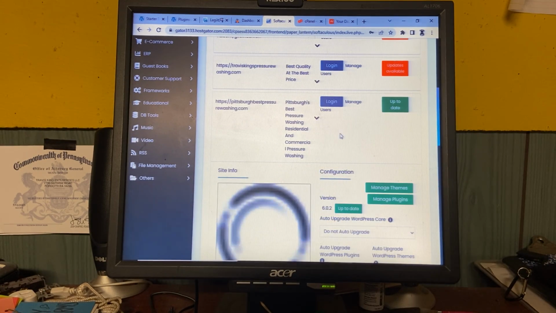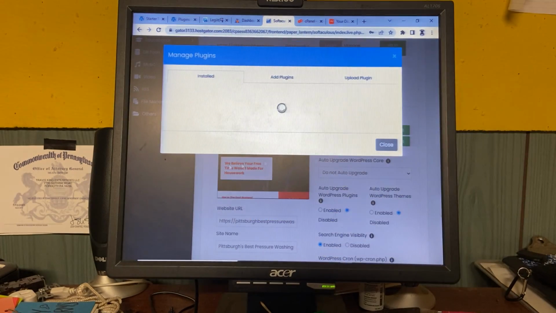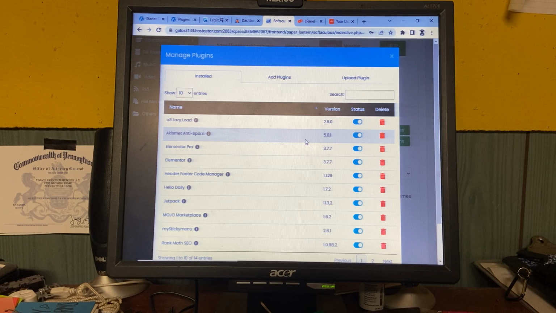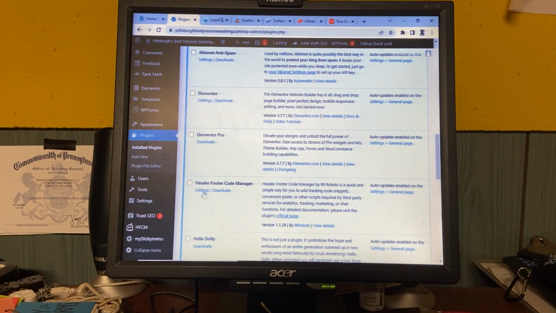You'll go down, and then you'll click Manage Plugins, and then you will basically turn all your plugins off, and now you'll be able to log into WordPress. Then you have to manually start turning on your plugins until you see which one kicks you out, which one you'll just have to troubleshoot, you know? And that's something very important to know, because it is probably going to happen. But we'll go back here again.